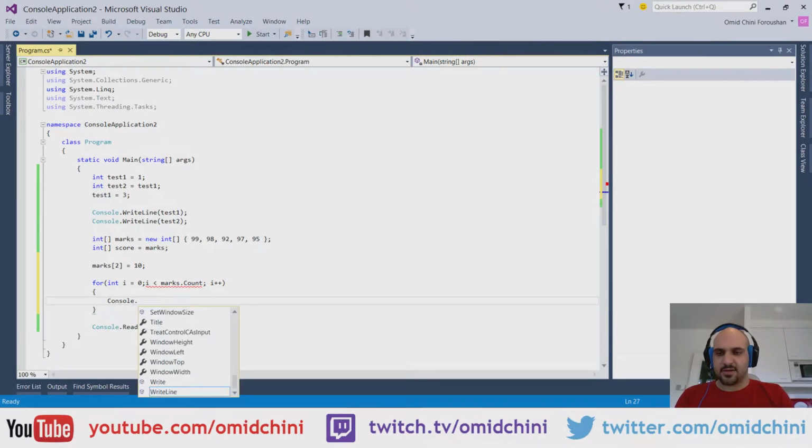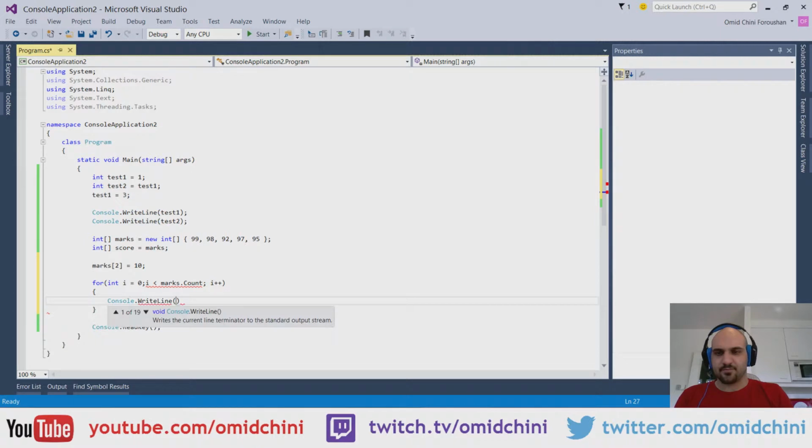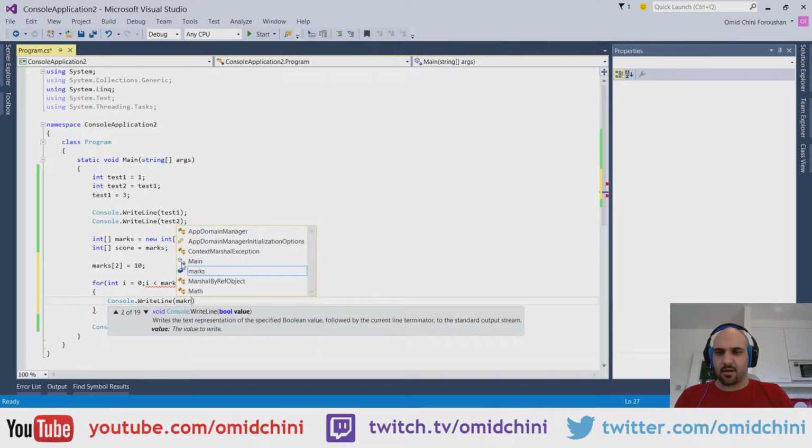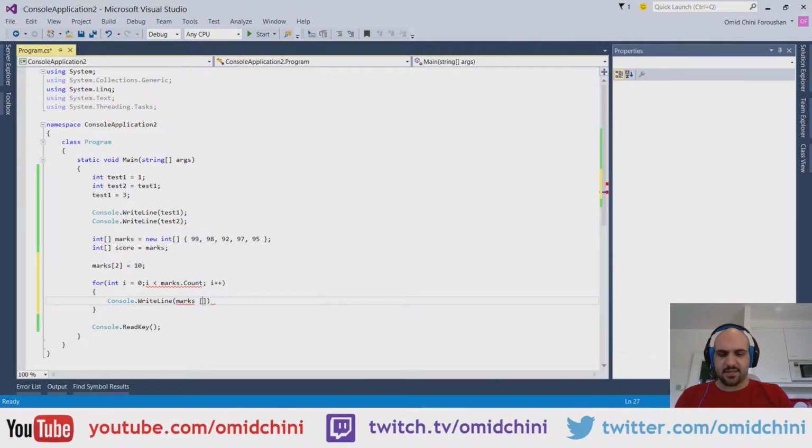I want to write Console.WriteLine marks and i, okay? But in order to make it a little bit more readable, I'm going to do it like this. Oh, I forgot to put the parenthesis here. That's why I have the error. Here I have the parenthesis, and I'm going to say mark